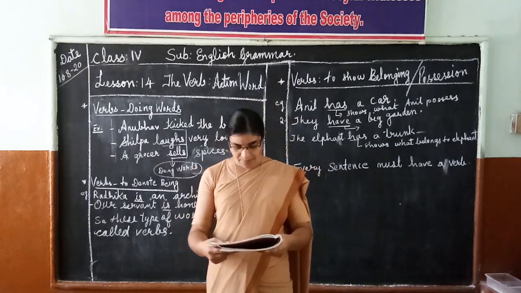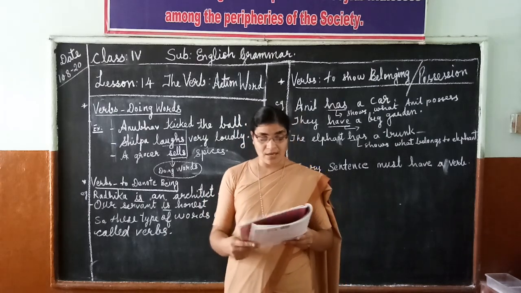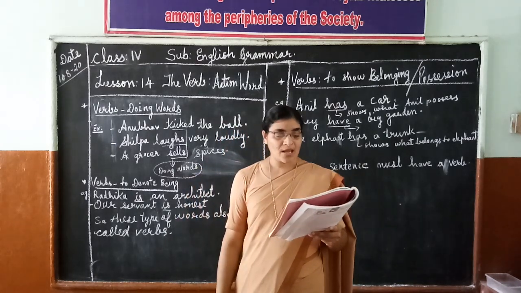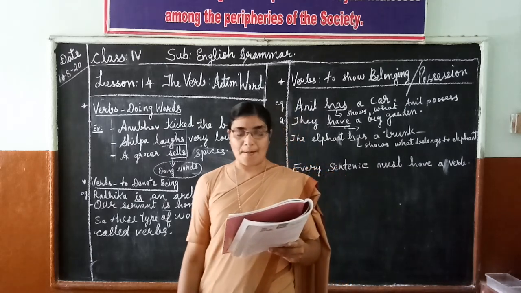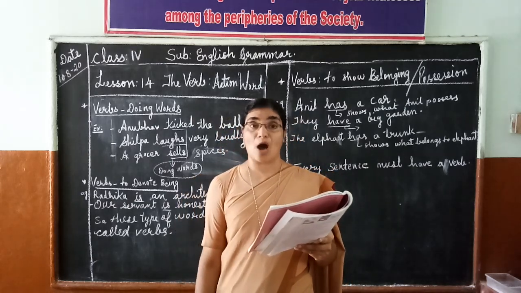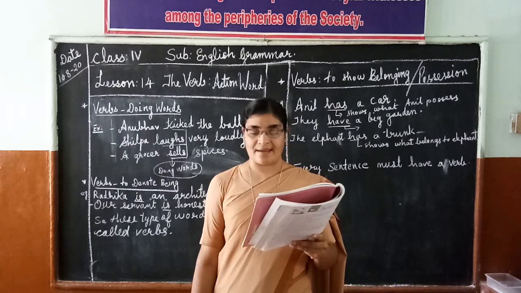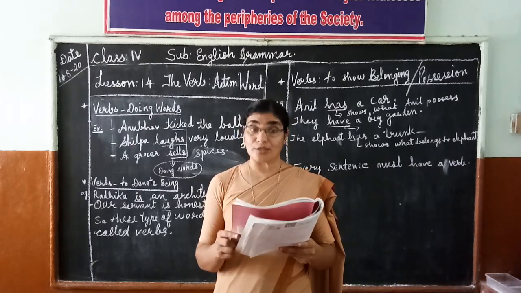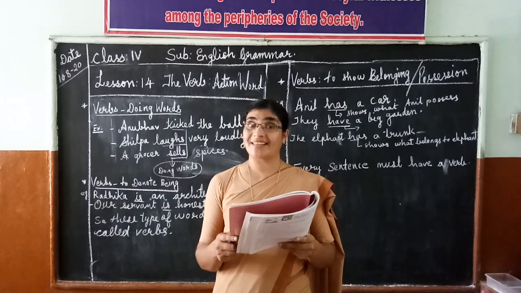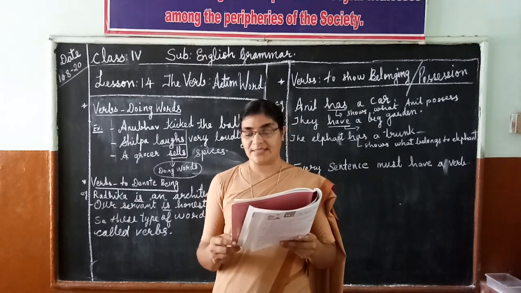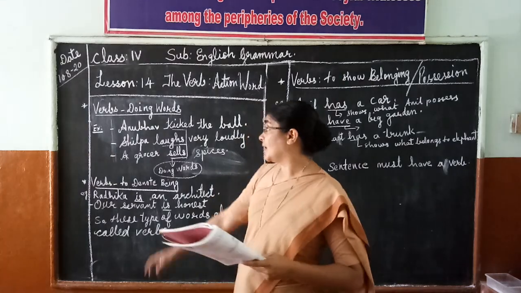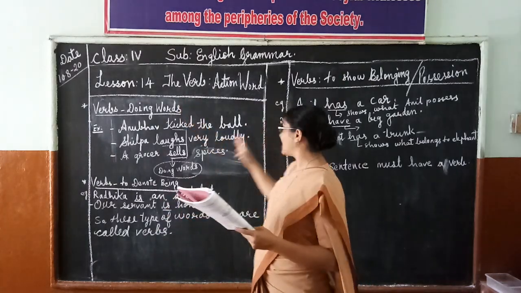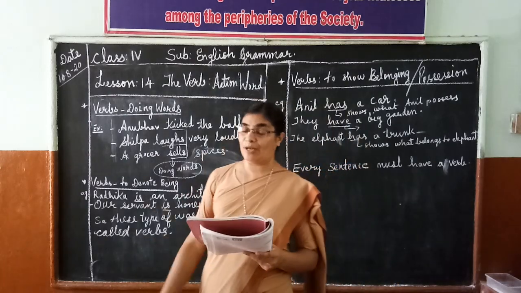So on page 59, in the middle, it is highlighted: a verb is a word used to say something about a person or thing. It says what a person or thing does, what a person or thing is, or what a person or thing has. A person is doing, is, and a person has belongingness.